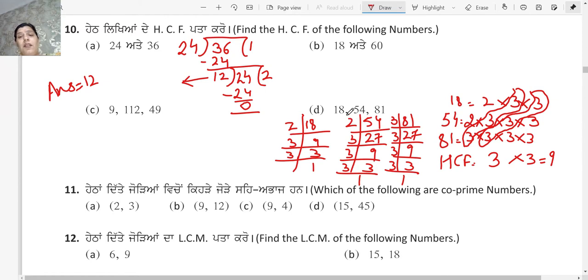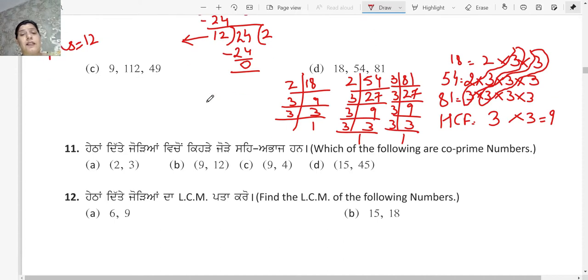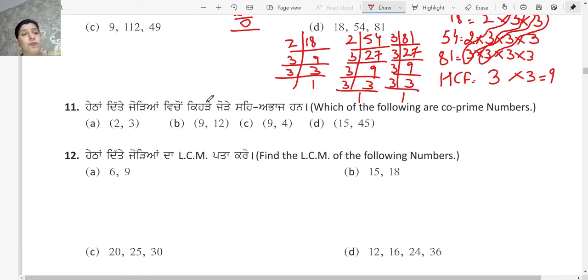So this is the prime factorization method which we did in the D part. What we did in the A part, this is the division method. Whichever method suits you, you can follow that method. And the rest two parts are the assignment for you. You have to do it. In case you have any problem, then you can message me in the comment section.